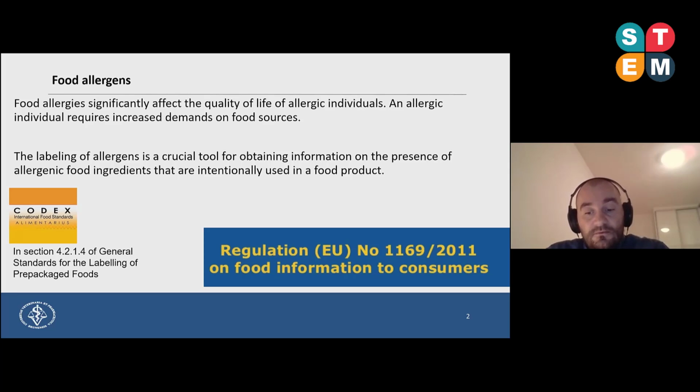More and more children have problems with food allergy, and also people in adolescence or old age can very often develop a certain food allergy, and they have problems. What is the problem with food allergy is that the quality of life of those people is also affected, and they have to rely a lot on food labeling. Labeling that here in Europe is focused mainly on regulation 1169/2011, and also Codex